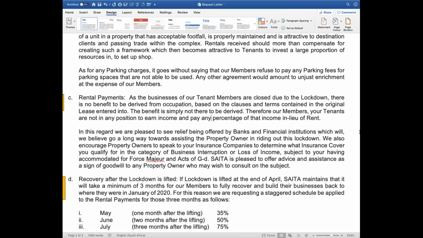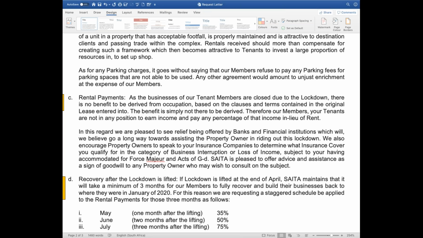Agreed. I don't know if you guys are aware of, Dis-Chem is actually trading as an essential service, and they're earning income, yet they are not paying any rental. They've refused to pay rental, although Clicks is paying rental. So if a big company like Dis-Chem, who's even trading at this time, is not paying rental because they feel that they're not earning enough, they're basically earning enough to carry salaries, etc. And they're trading during these times, they're not paying any rental. So why should we offer any rent to our landlords if we're not trading at all?